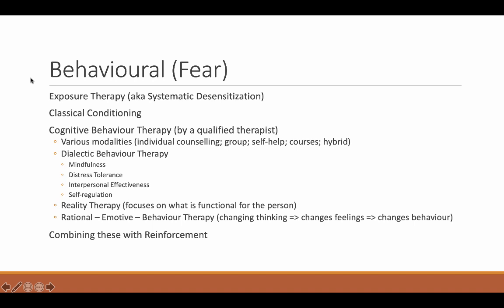What do you think is working for you? What would you like to do next time? And having people not only experience it externally, but think about it internally. Another therapy is called REBT, and this is Albert Ellis's theory, rational emotive behavior therapy. What he basically said is if we change the way we think or our perceptions of things, we'll often change the feelings we have, and therefore change our behavior.